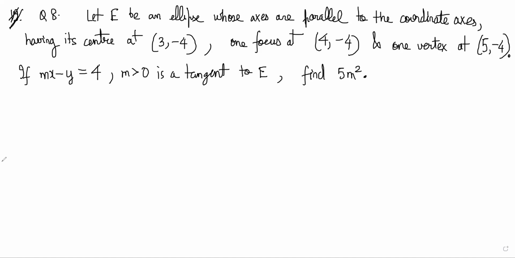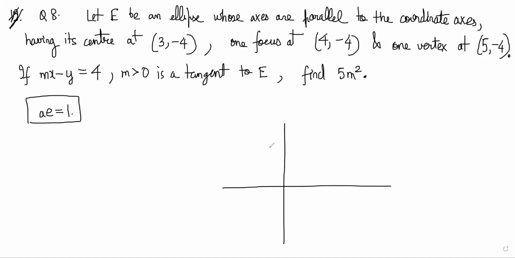So we can just say (3, -4) as (0, 0), suppose, and then its center is there. So whenever A E will be 1, A E will be 1. Whenever the center is displaced,